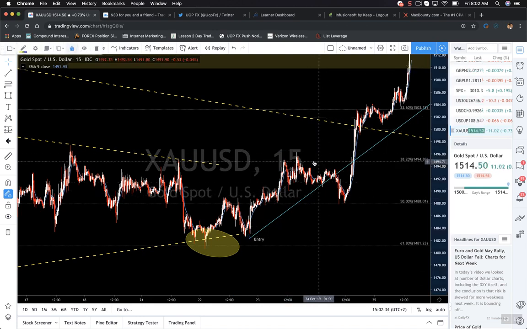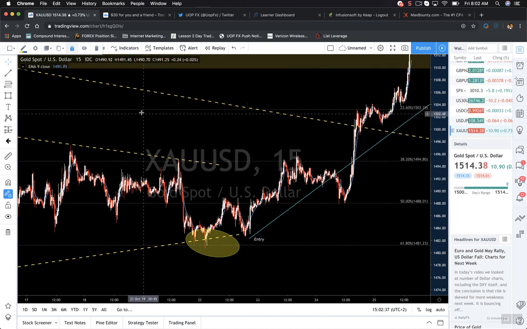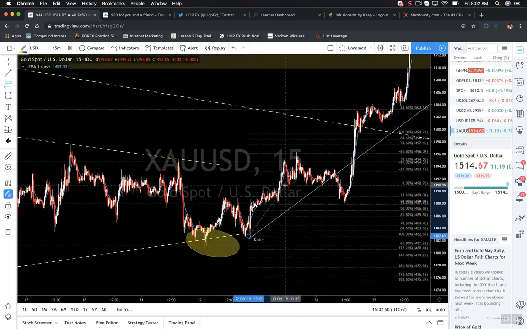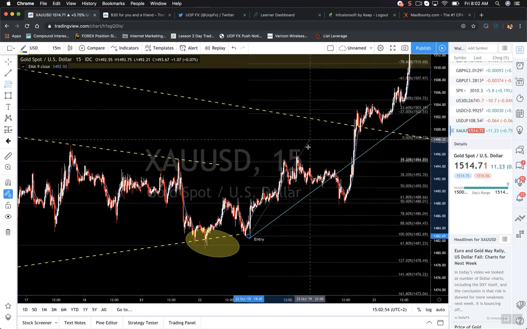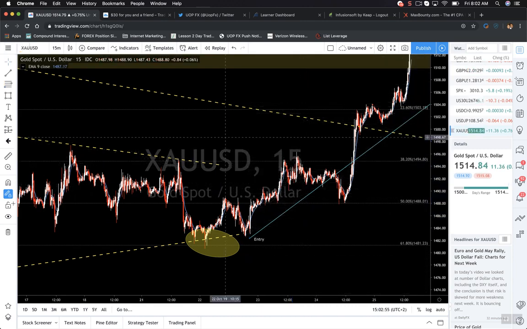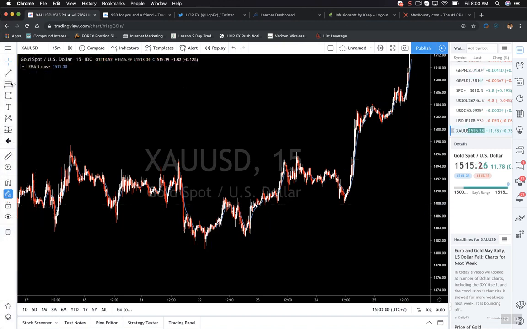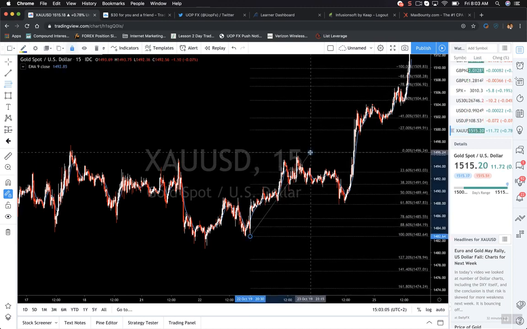All right, I'm going to try to delete the ones that are here. Well, I'm just going to remove everything because I'm not going to save this anyway. All right, so this is where the pullback happened initially. Okay, so this is the bottom all the way. Actually, hold on. Move drawing tools. Okay, here we go. So from here to this high, if you look right here